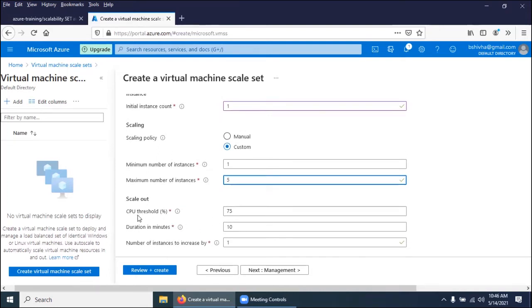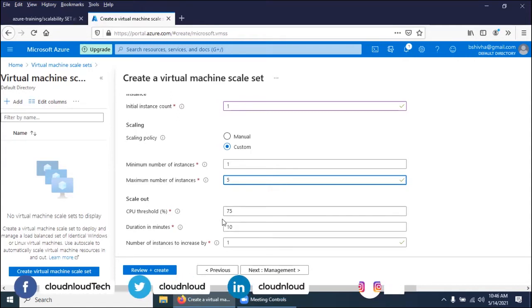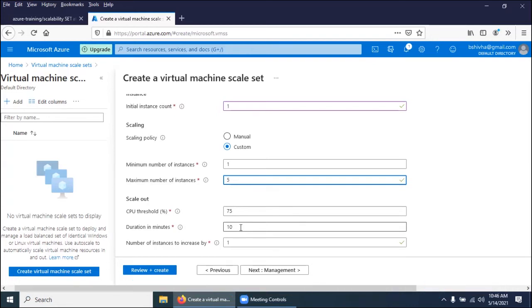I'm saying CPU threshold above 70%. There can be false alarms sometimes, so we need to watch for at least 2 to 5 minutes. If it is continuous, then yes, there is a problem, so go ahead and increase.